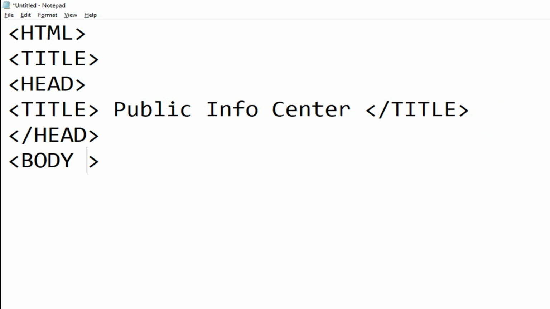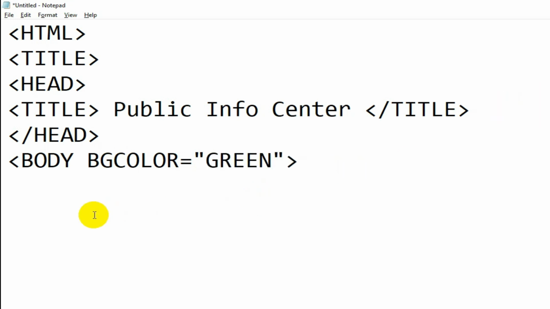So body, space, bgcolor equal to, quotation mark open, and between the double quotation marks you will write, suppose, green. So here along with this body tag I am giving extra information, that is bgcolor, giving the instruction that the background of the page should be green.